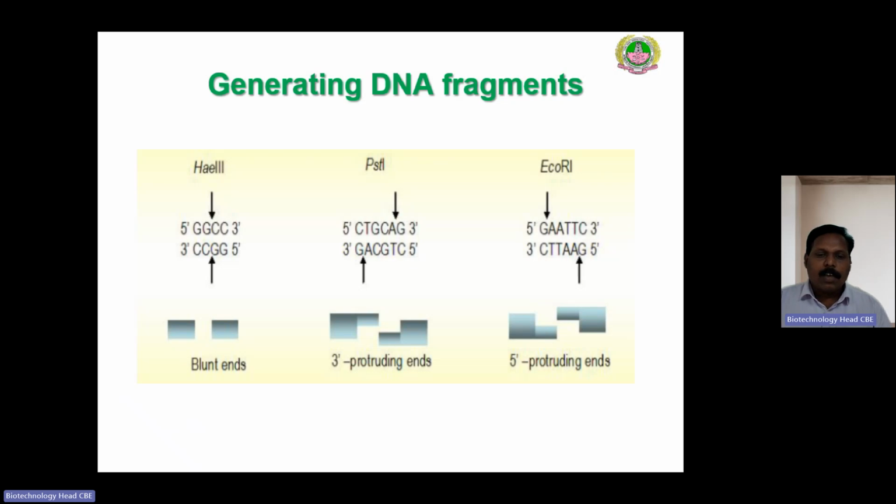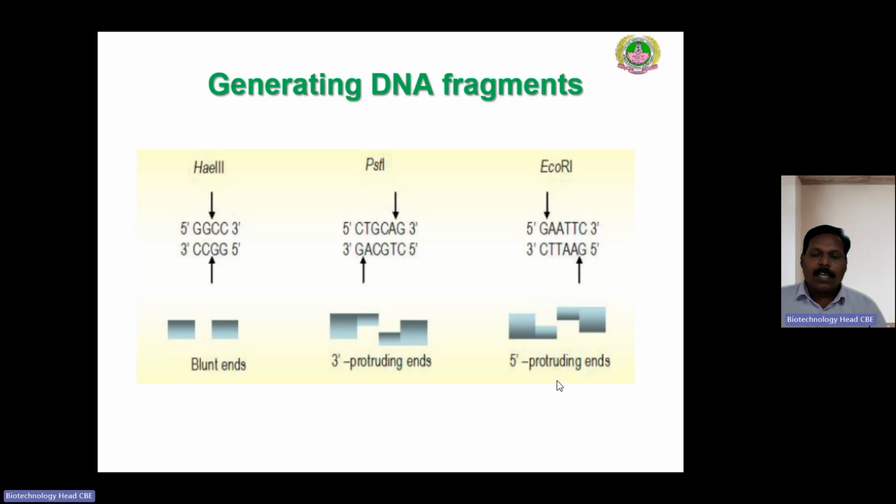or vehicle system. For example, when you use restriction endonuclease for cutting the template DNA, the enzyme can cut the template DNA and can generate fragments which may have a blunt end, or sometimes they may act upon the template DNA at different positions within the restriction recognition sequences, and they may generate protruding ends. In this case, this is producing a 3' protruding end, and in case of EcoR1, it generates a 5'